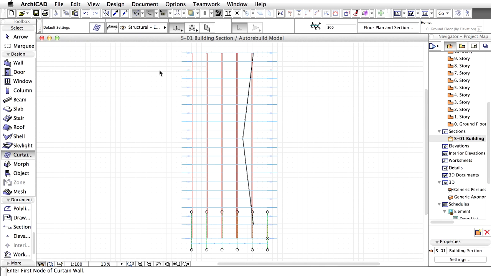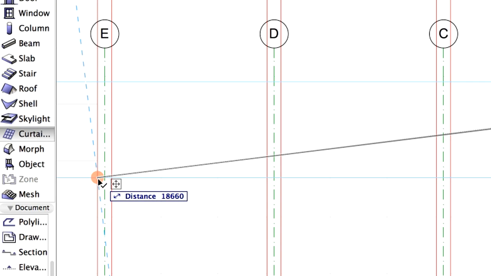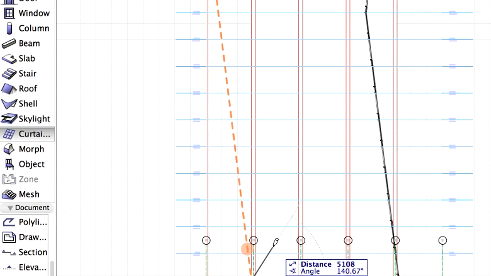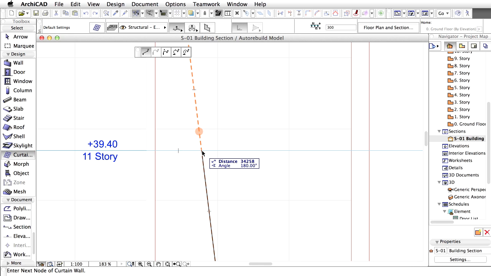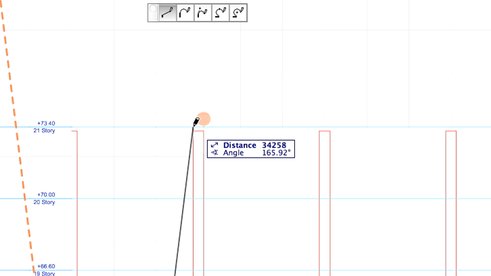Using a similar process, we'll create a parallel curtain wall on the opposite side of the wall. We are going to create a guideline. Zoom to the lower part of the section. Move the cursor to the edge of the existing curtain wall, and when the orange dot appears, click on it and drag the guideline to the left bottom corner of the wall at the E-grid axis. This point will be the first point of the curtain wall. The next point, the breakpoint, will be the intersection of this guideline with the 11th story line. The end point will be the left upper corner of the wall,